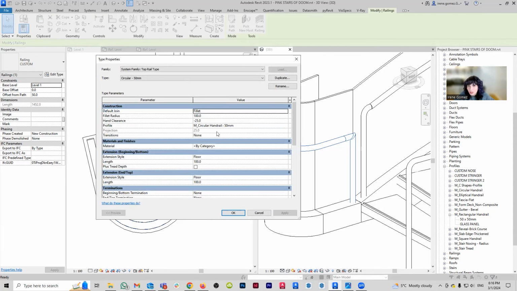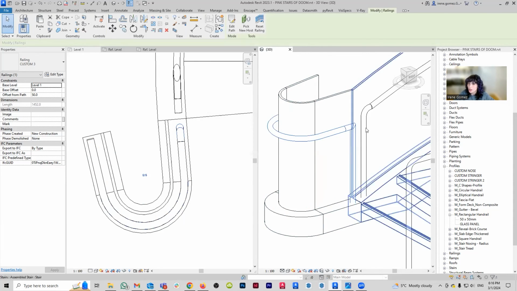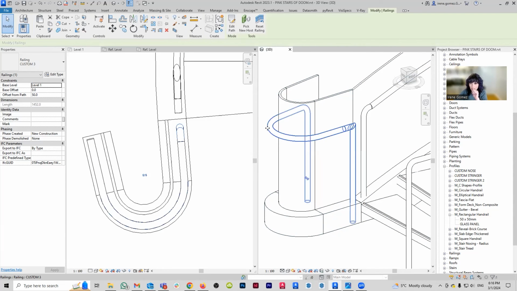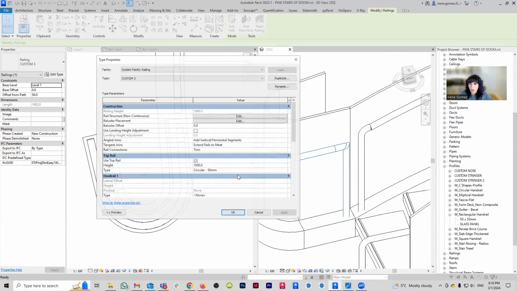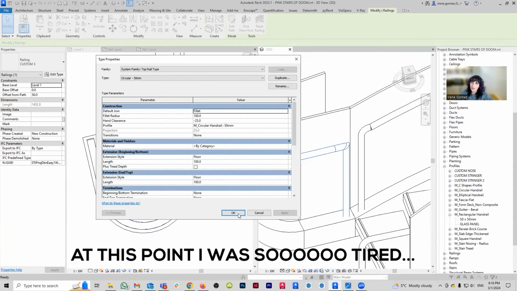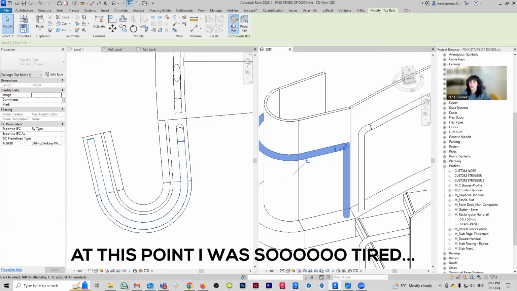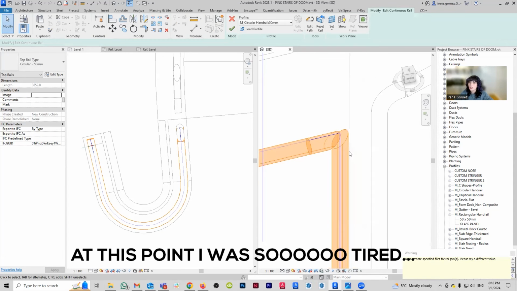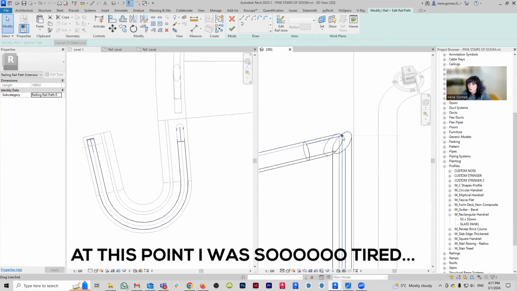Let me check. I'm not sure why it's giving me that error, but again, it might be a problem of the height or the curvature or a mix of both. So I'm going to go okay. I may need to give more. Yeah, see, that side is fine, but this guy here is having a little bit of trouble. I'm not sure why, but I might be able to fix it just by changing the path of the railing itself. Let's see. So if I select just the top rail and edit the rail path, no, these guys are touching, so I'm not sure. I'm not sure why it doesn't want to do what it's supposed to do.